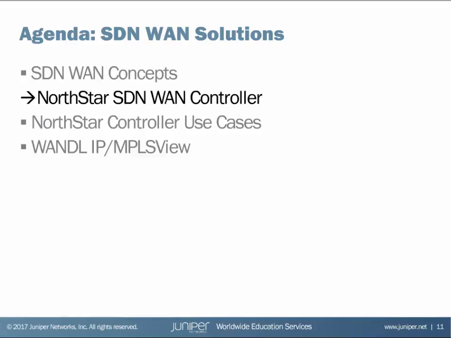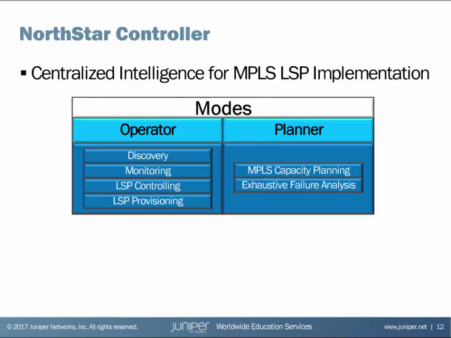So let's talk about an SDN WAN controller. Juniper has a platform that performs exactly this role. It's called the North Star controller. This is your centralized control plane that can analyze a service provider WAN network, learn about all the nodes, all the links, all the traffic, all the tunnels that are traversing all of the forwarding components in your WAN,